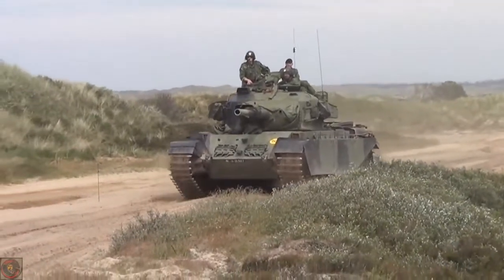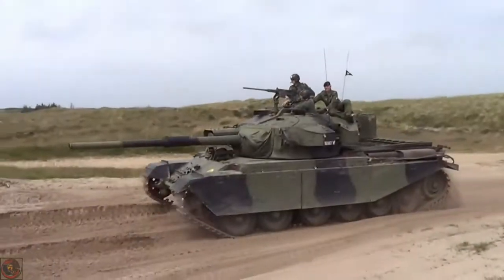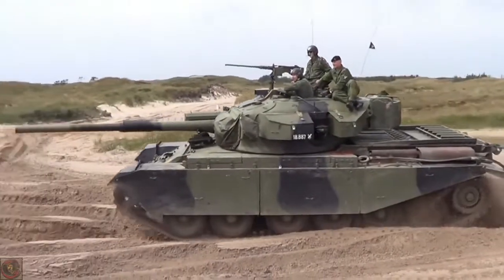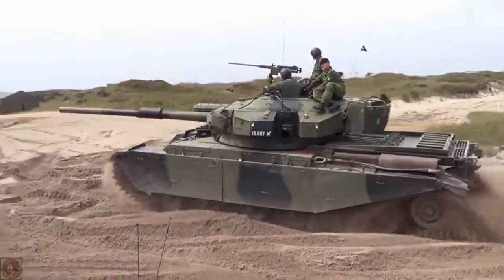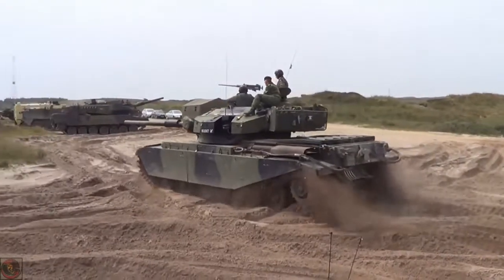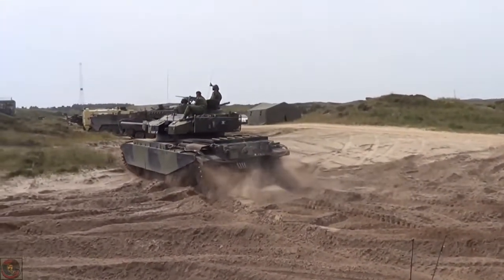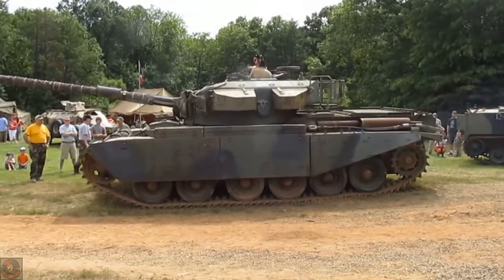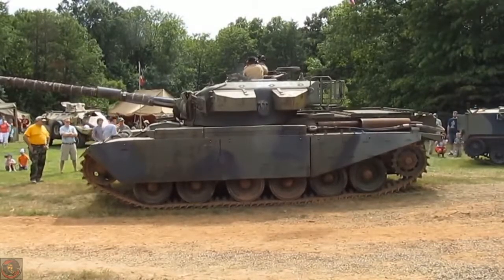So we are going back to the review of main battle tanks, and yes, what an absolute classic this one is, the Centurion main battle tank. And I know I'm a little bit biased because I'm British, but let's be honest here guys, if you know anything about tanks, you know that this vehicle has served very, very well during its career and continues to serve